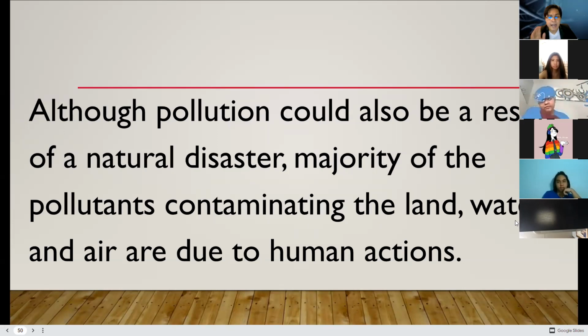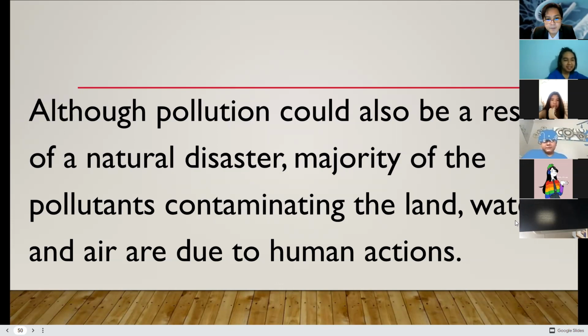Give me a human action that can cause pollution. Driving a car and throwing garbage everywhere. Throwing garbage everywhere, yes. Pollution. What else? Give me a human action. What are human actions that can cause pollution? Burning plastic, sure. Burning plastics. Yes, because you're